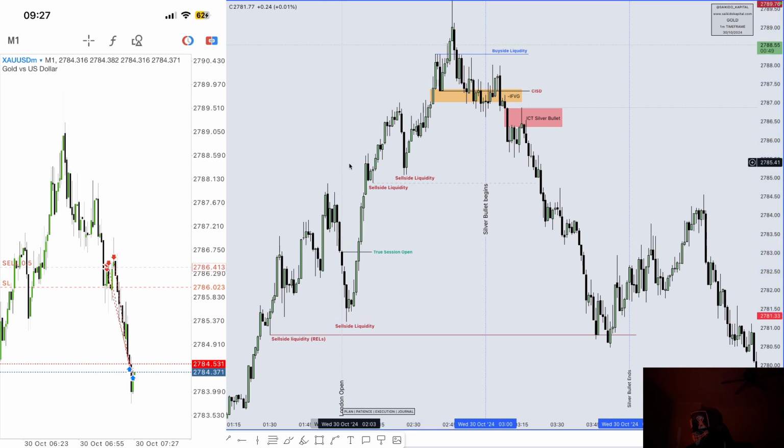That's also how I trade the silver bullet. A bearish market structure shift inside the silver bullet hour is to be respected at all times. So here, sorry,